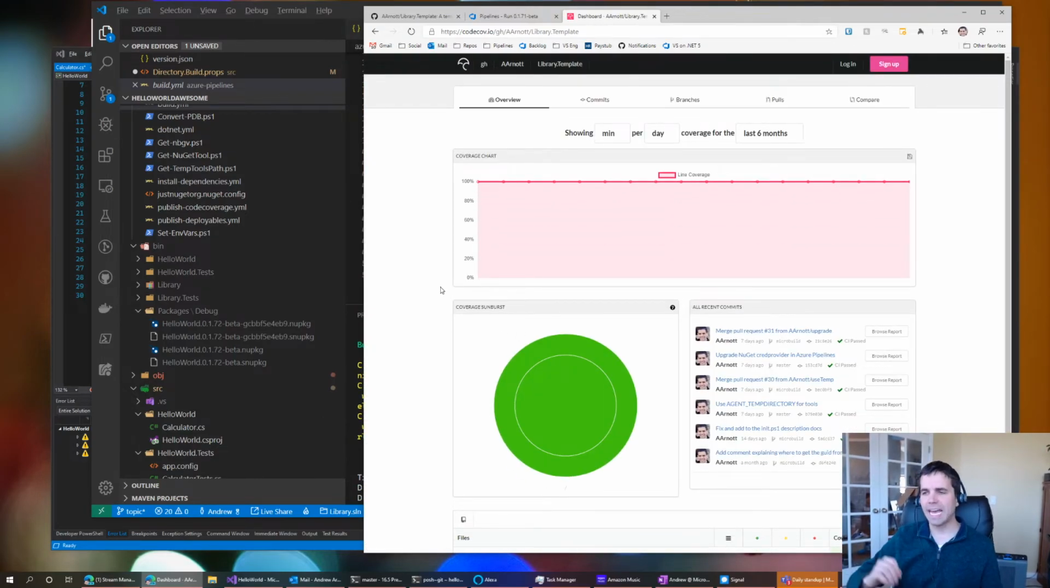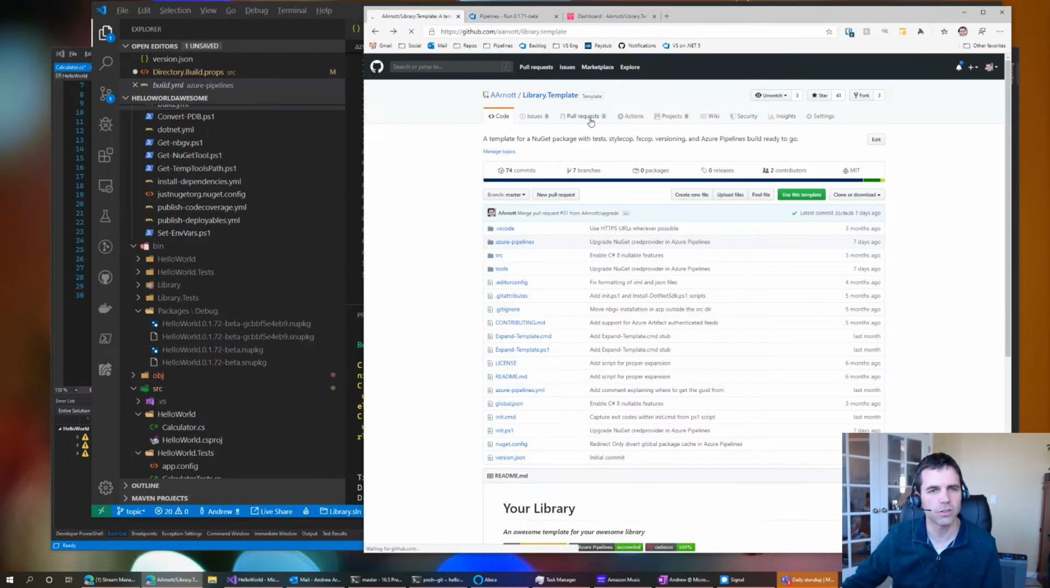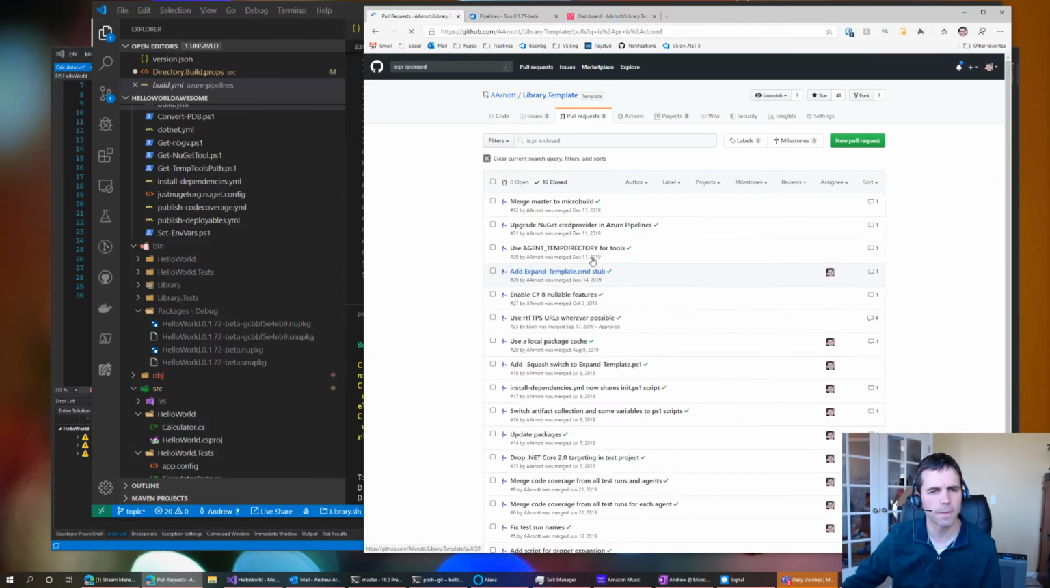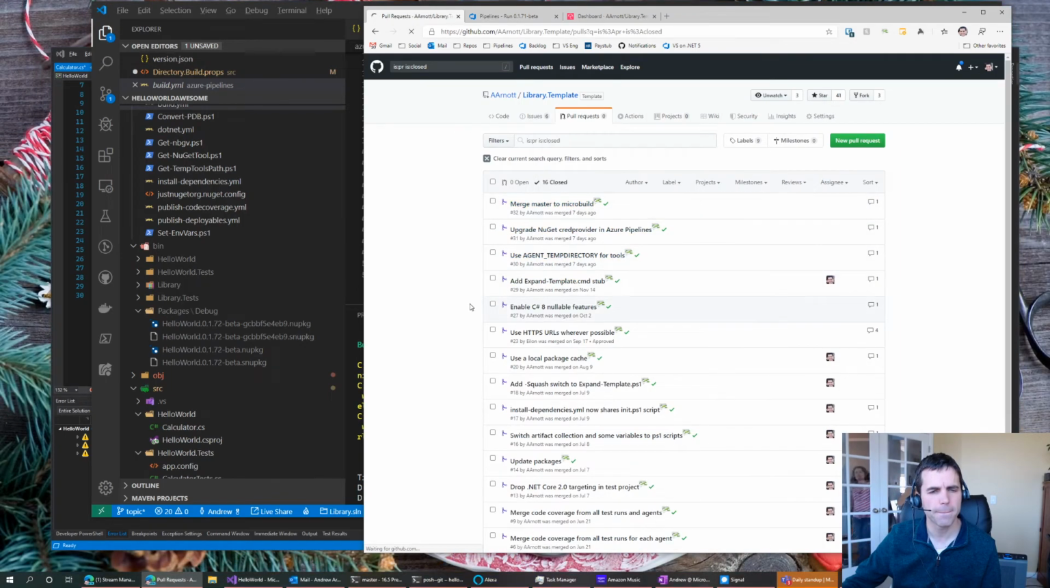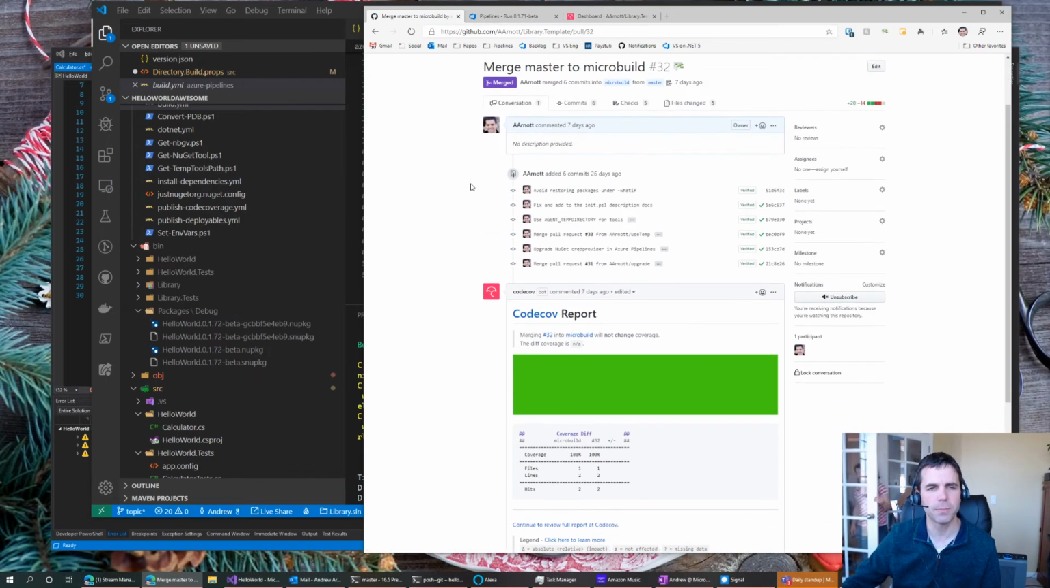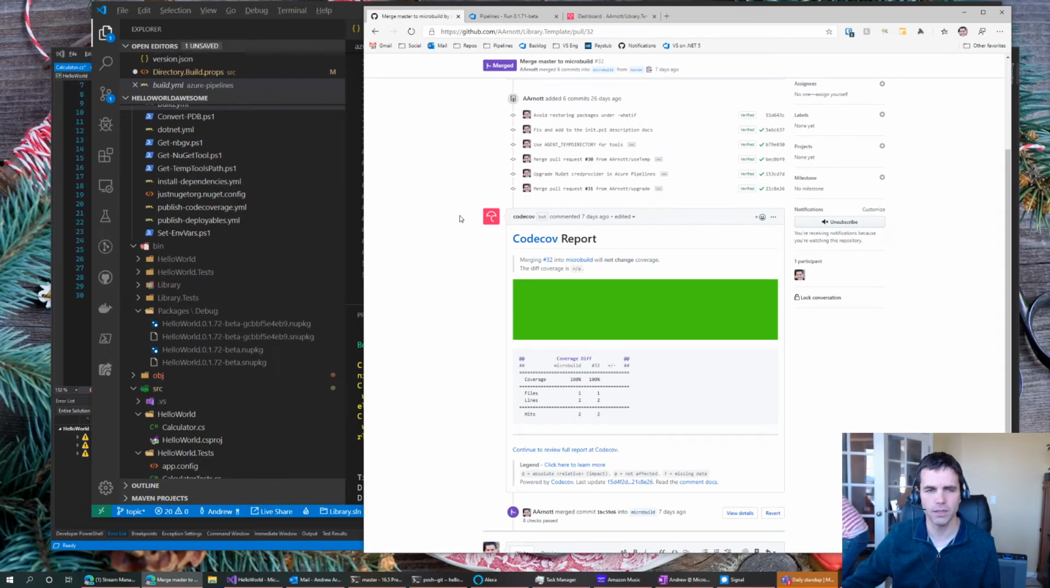It will add to each pull request when you... Here, I'll show you that too. Let's go to a pull request. So here it is. To every pull request after the tests run, the Azure Pipeline script pushes the code coverage